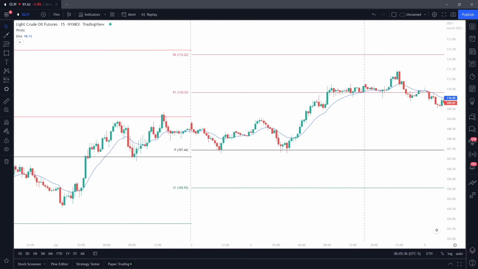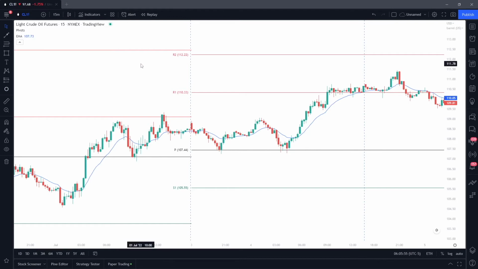Traders, another useful tool and another useful way of how we can actually use the pivot points to trade is, for example, if we have a shorter term time frame strategy that we already have. Let's say that we trade in crude oil on the 5-minute chart. We already have our setups, we already have our trading plan set. The way that we can use our pivot points then